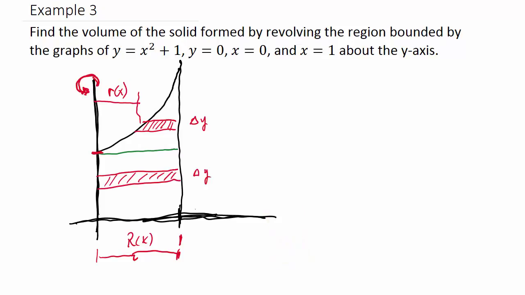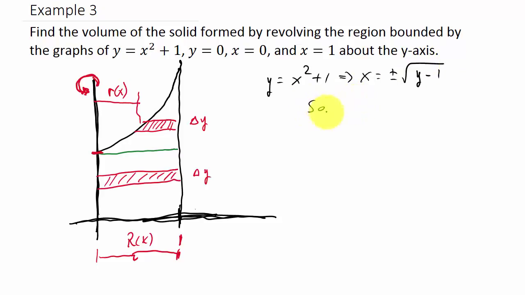So what we're going to have to do is take y equals x squared plus 1. We're going to have to solve this for x because we need everything in terms of y. So that's going to tell us that x is equal to plus or minus the square root of y minus 1. Okay,